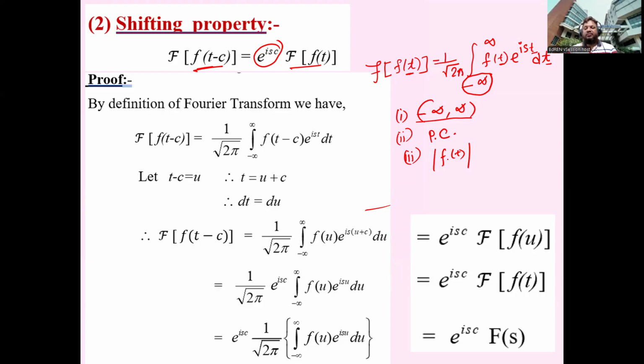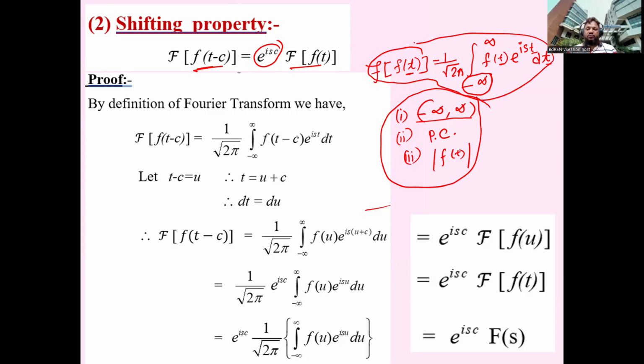Must be integrable. The modulus value of f of t must be integrable. If a function satisfies these three conditions, then we can take the Fourier transform that I have said in the last class, which was conducted in the face-to-face mode. Now, the definition of the Fourier transform is such as,